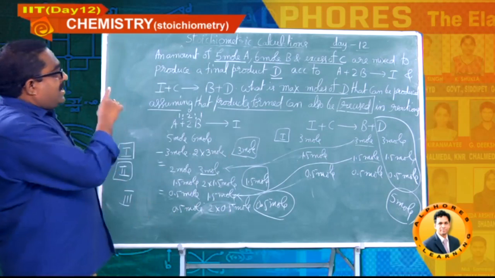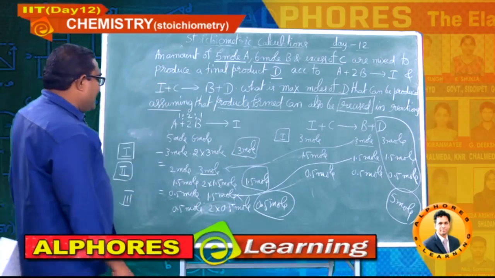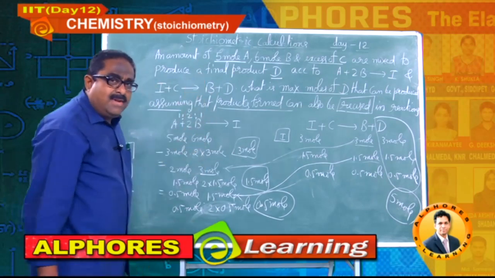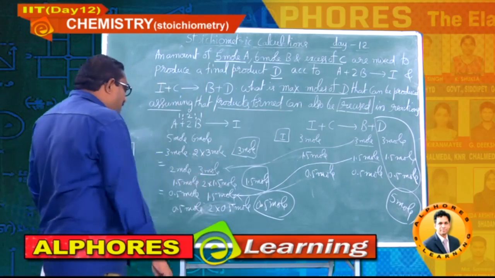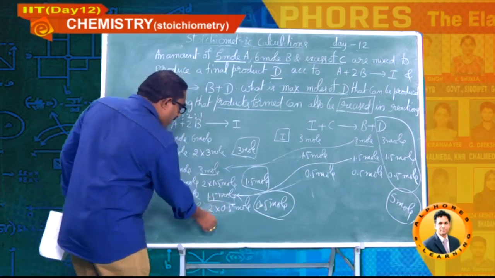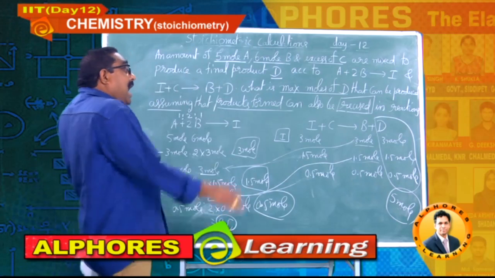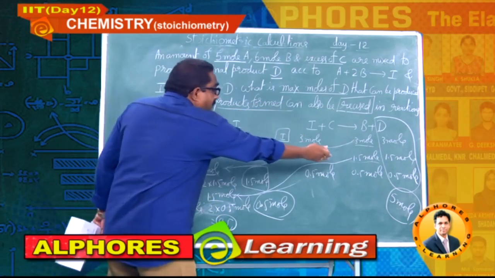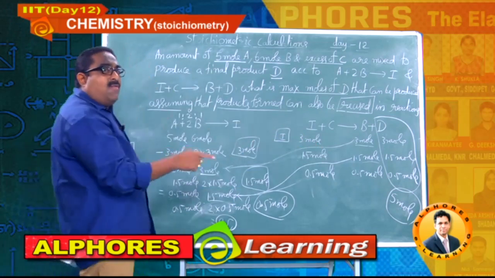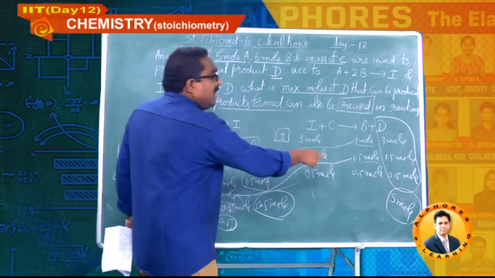A. So among these 3, A, B, C, A is limiting reagent. So B is also excess. C also excess, he has given the question itself. B is also excess. Why B is also excess? Here out of 1.5, only 1 is consumed here. 0.5 will be left here. Automatically one more 0.5 of B is also formed there. So 0.5, 0.5. So finally 1 mole of B is in the excess reagent. And finally D is formed as 5 moles.